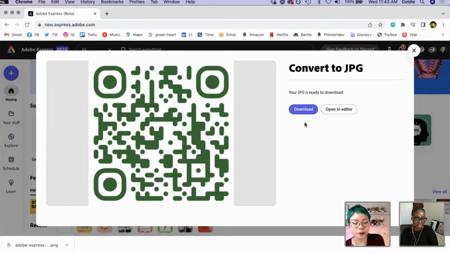And I can download it super fast. So if you need to convert, before, I'll be honest, what I would do is open up Adobe Photoshop and then open my image, and then export it as a different file, and do all that. This saves you from having to open Photoshop or Illustrator to do those conversions. Now you can just drop it into Adobe Express and it'll do that conversion for you immediately.